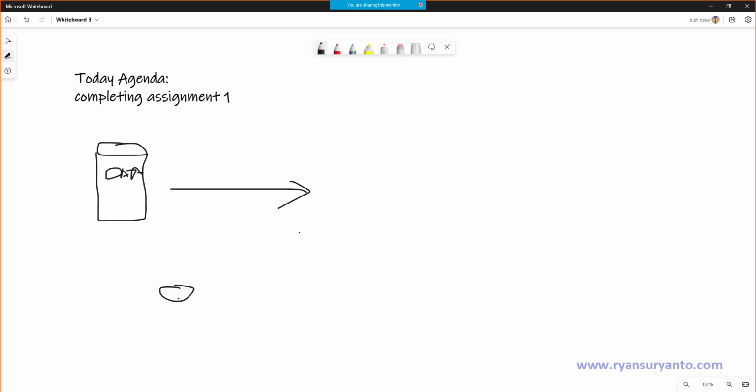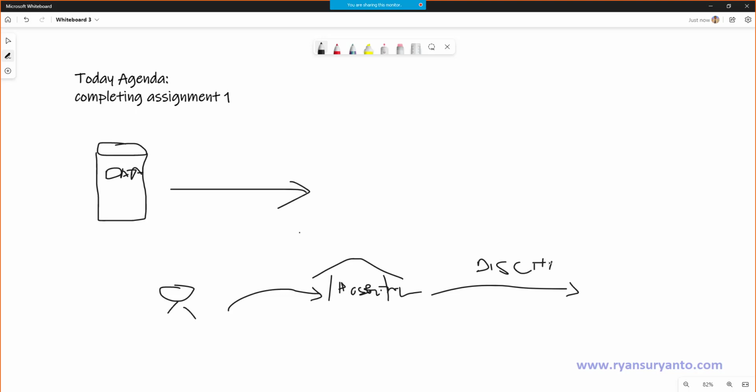So this is a patient, this is a hospital, and they are treated in the hospital. After discharge, some of them actually get readmitted again. When the patient is readmitted, it becomes more complicated.